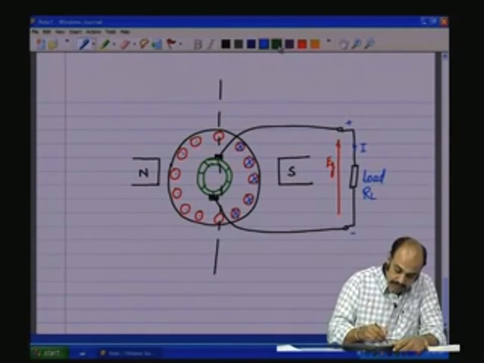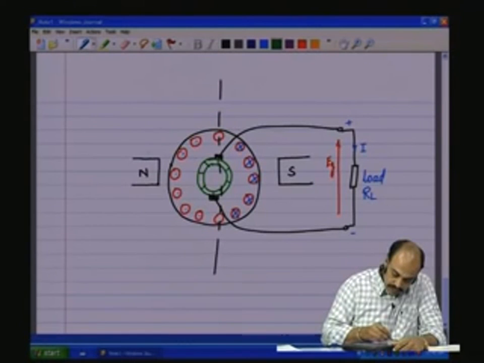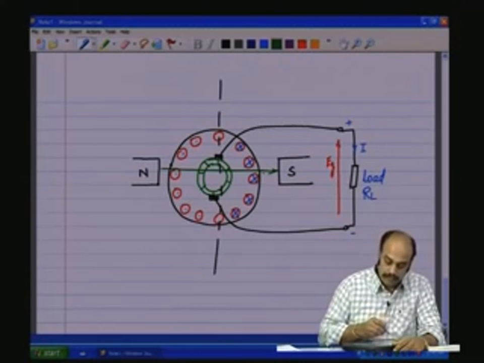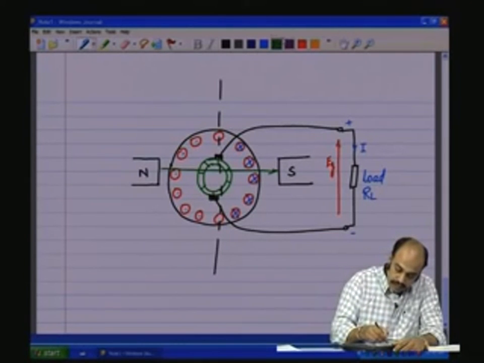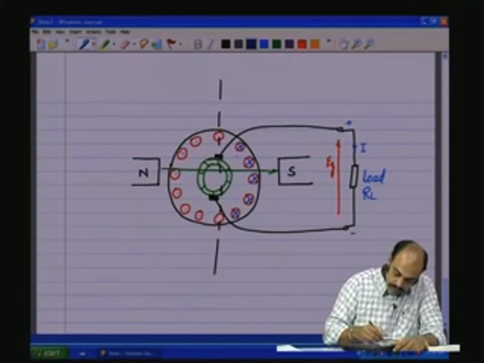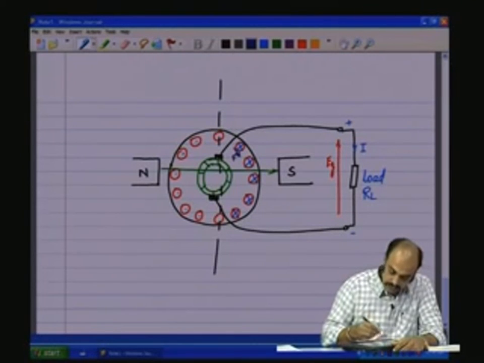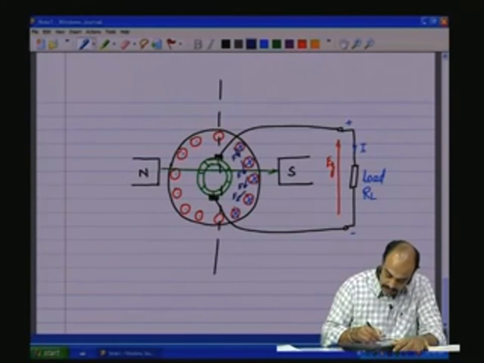Now, there is a magnetic field which is being applied in this direction, and therefore, there has to be a force which is in this direction. You have the force. Likewise, this conductor will have a force in this direction. This conductor will have a force in this direction. All these forces will add up. Each conductor will apply a force in this direction,